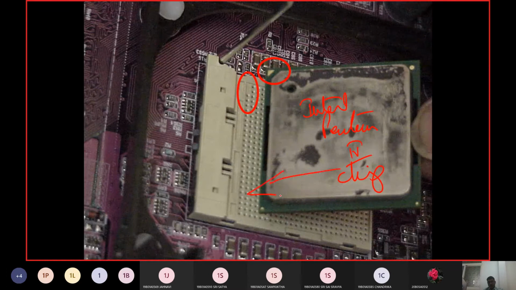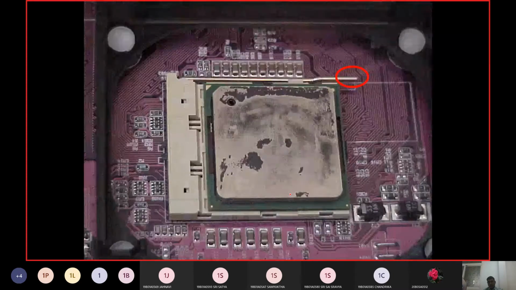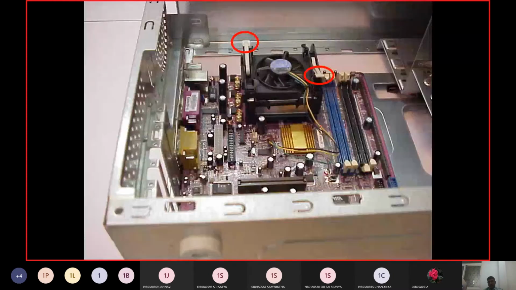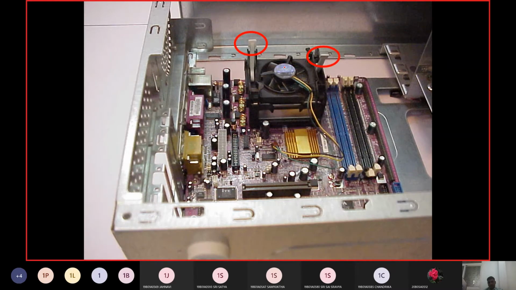You insert this Pentium 4 chip into this position and lock it, and then you fit the fan over it. We put the fan over the chip because it needs cooling.